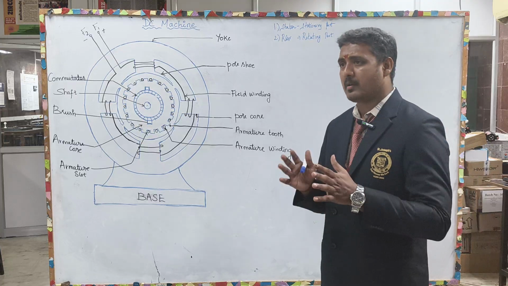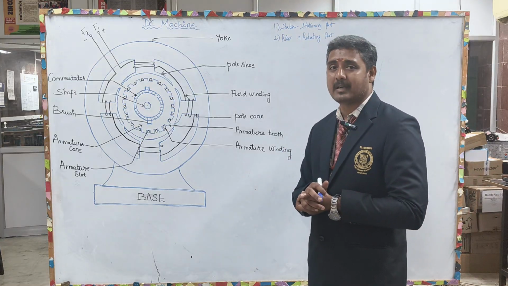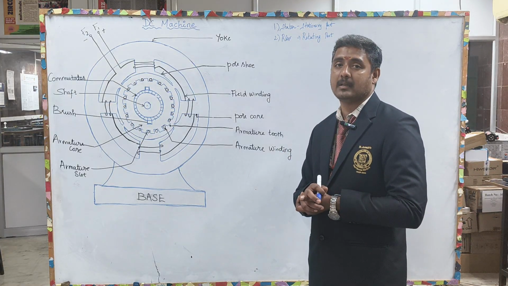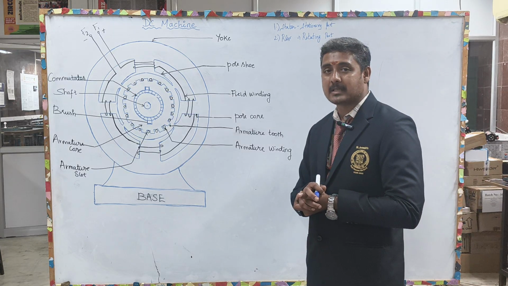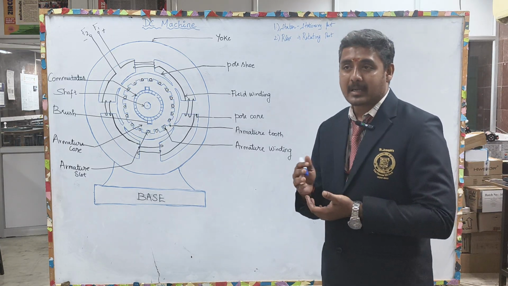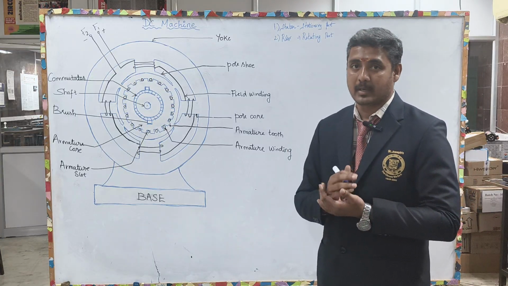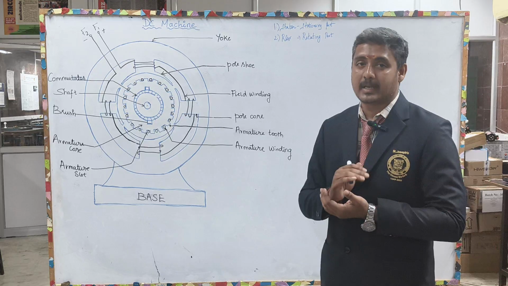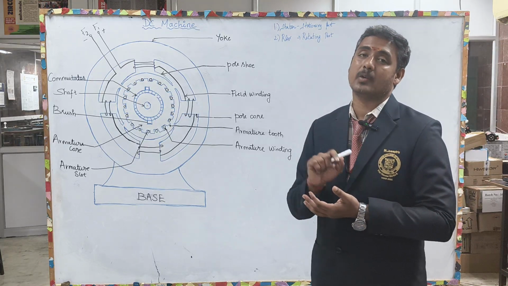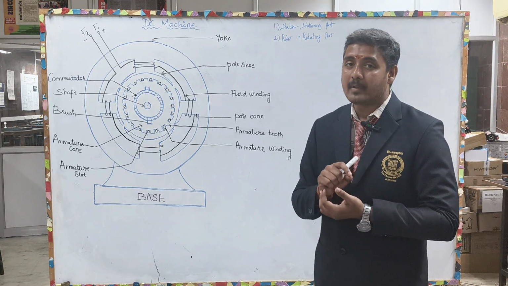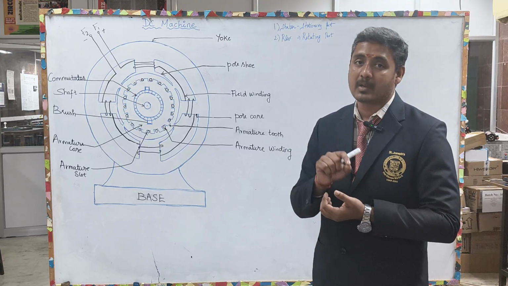Okay. Now, we have discussed some magnets, right. What are the properties of a magnet? The magnetic lines of force will flow from north pole to south pole, that is, you know it, outside the magnet, and inside the magnet, south pole to north pole. Always the magnetic lines of force will have a closed path,